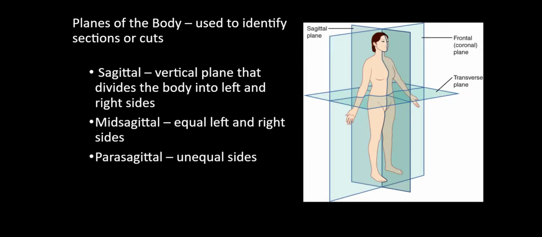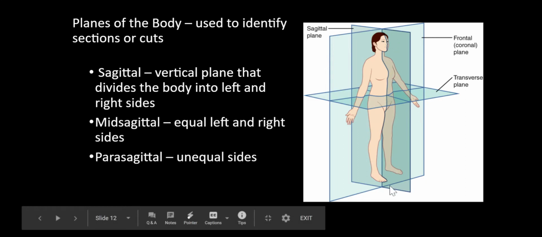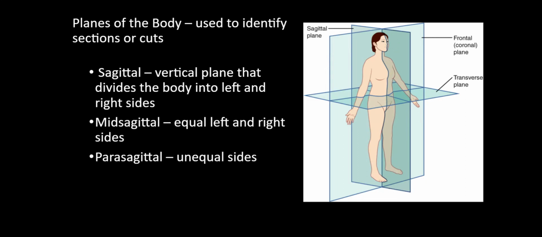All right, our last topic in this introductory unit are planes of the body, which are used to divide the body into sections. And those can be theoretical sections, or if you were dissecting, they could be physical cuts. All right. And then we're going to talk about cavities inside the body, which are hollowed out parts that your organs lie in. Okay. So, first for the planes, the sagittal plane is a vertical line that extends from the